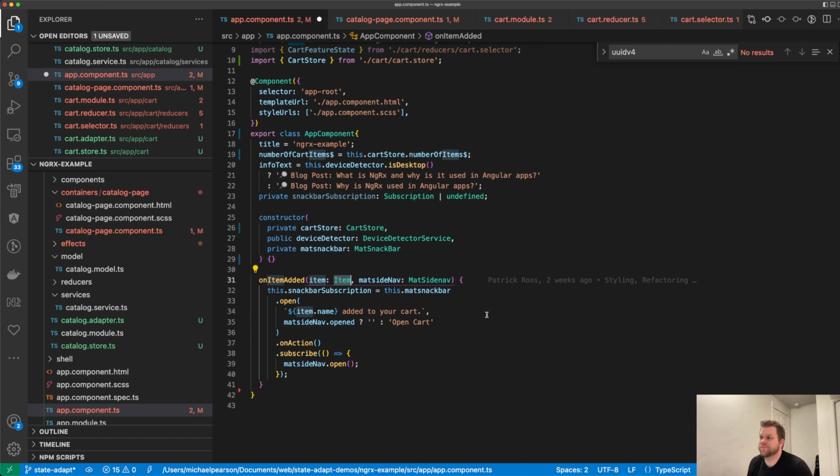Okay, so on item added, it adds it and it opens the side nav. He was gonna put this into a reducer, so that would have been nice because then I could have had one that listened to both. I could have had two stores that listened to one event, one source. That could have been nice. As it is, this is a terrible side effect, and